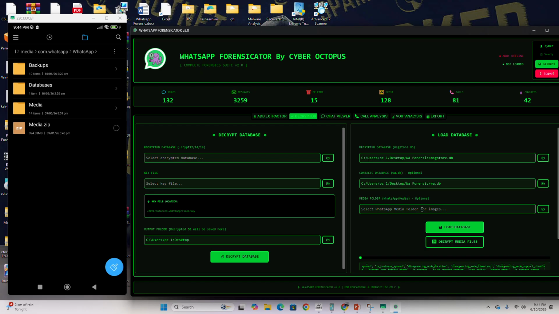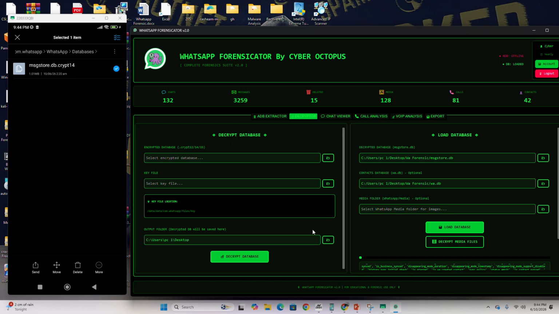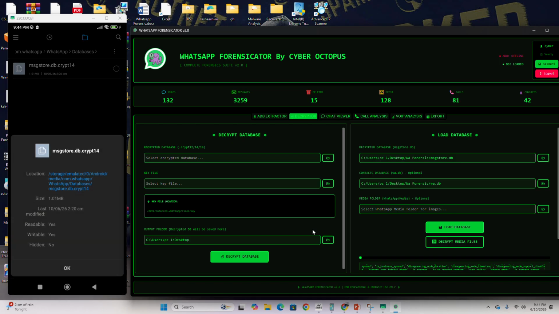Also, whenever the chat creates a local backup, it stores the most recent available data. Therefore, the date and time of backup is very important. Suppose a suspect deletes a conversation. For example, you can see last modified is 10/6/2026 2:20 a.m. What does it mean?